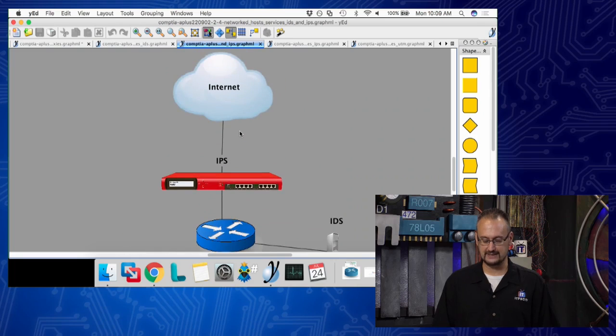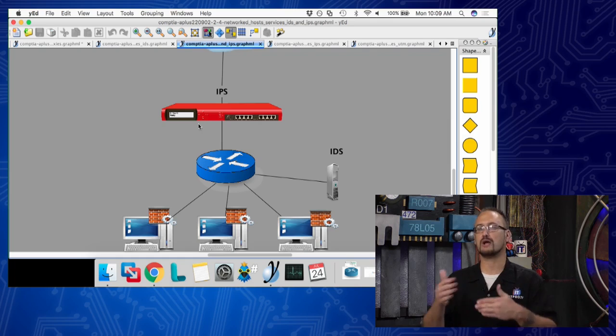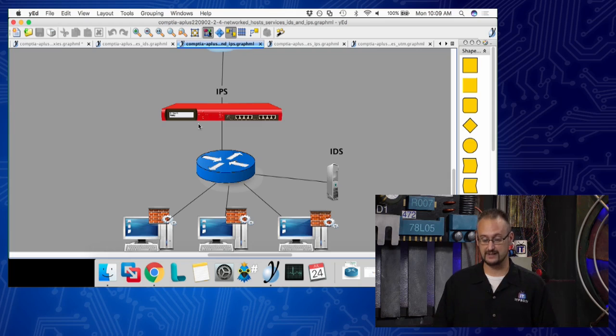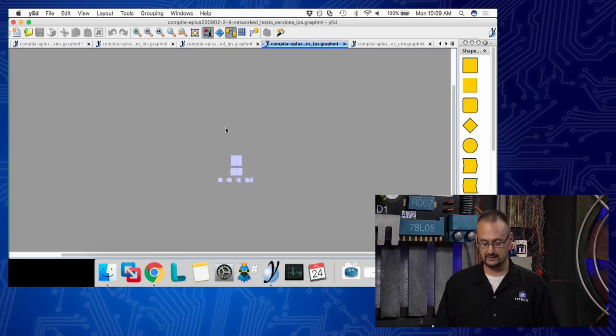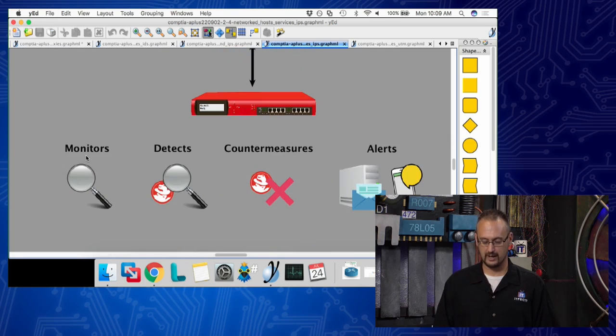It's another device on our network that screens all traffic coming in and leaving the network, and on top of monitoring and detection, here's where the active nature is, it provides countermeasures.